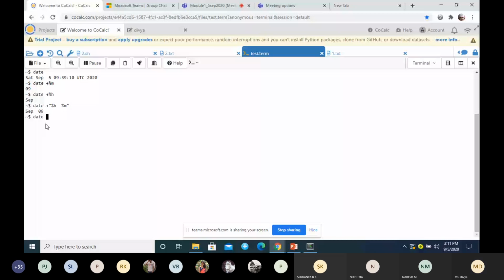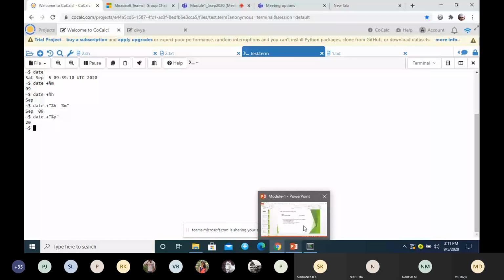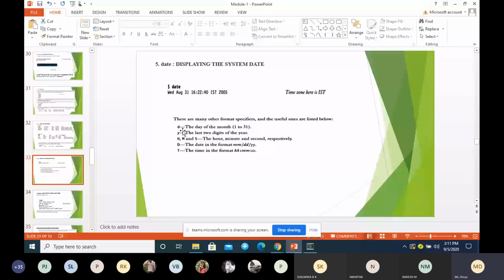There are other arguments too, like percentage y, which will give you the year, 2020. These are the different arguments that you can give for date. You can give d, which displays the date of the month.